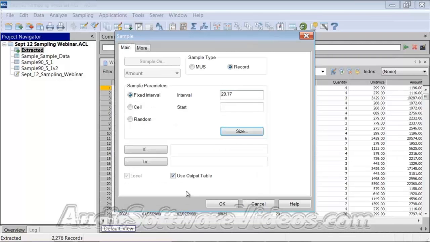I mean, it's 90. The upper error limit in this case is 5. The expected error limit is 1. I'm calculating, 78 items, intervals of 29.17. I hit OK. So now this is where, again, it's going to interval through, and the starting point would be